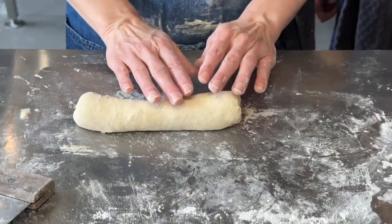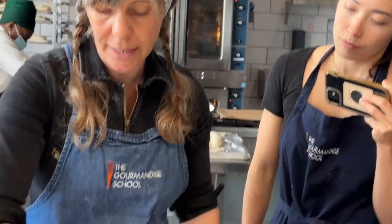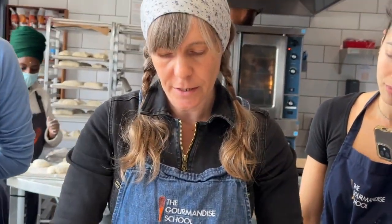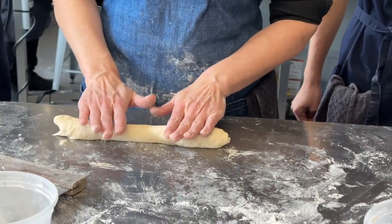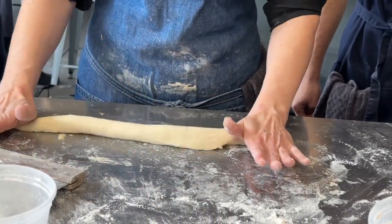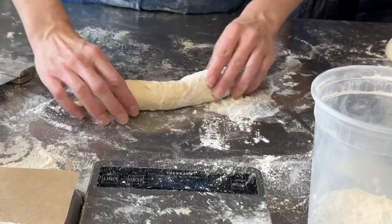Now I noticed that you don't do it with your fingertips though, right? No, because that's going to create all these little tiny ridges. So I want to be really efficient with every motion, kind of like the ciabatta. One good cut, done, okay? Start like this, and then I'm trying not to press down right here. I sort of go like that, and then like this, and then press down at the very edges to taper them a bit. I think I need some flour on